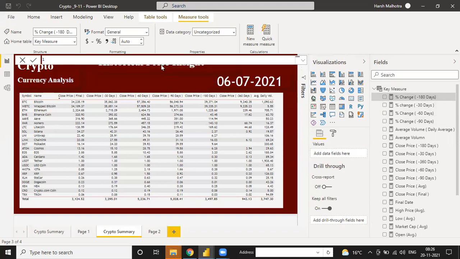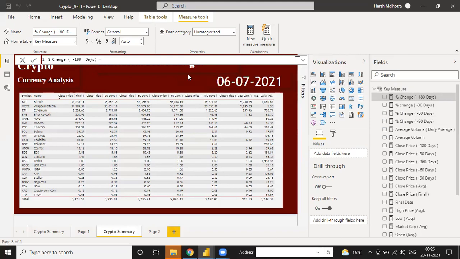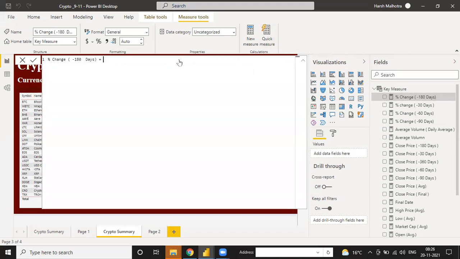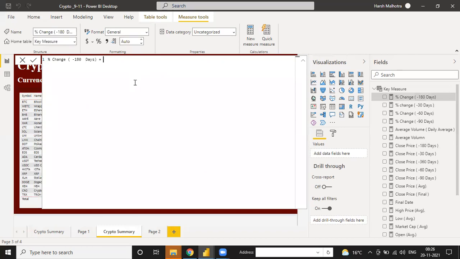Oh, sorry. I think this one is changes. If you select minus 180, yeah, this one is changed.